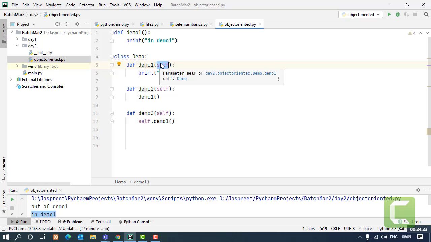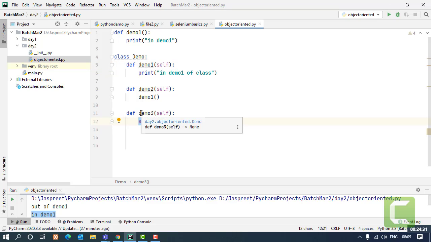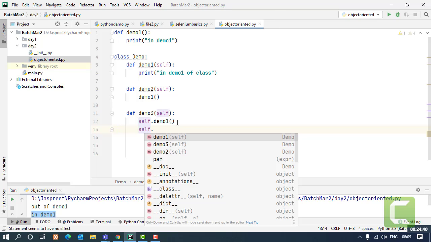Using the self keyword, inside the class only, I called the function demo1 inside another class function. Using this self, whatever you have done in the class will be displayed as a list in the suggestion. You can see, 3 of my functions are being displayed currently. If I have variables also, they are going to be displayed as well.